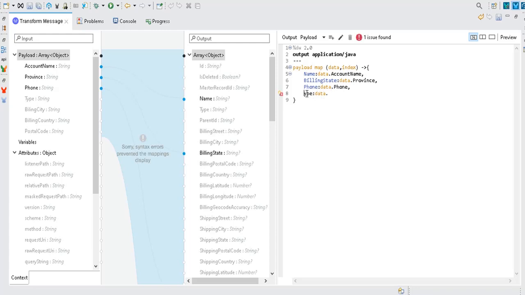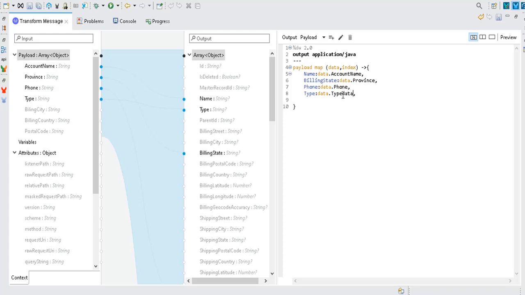Now this should be capital T. Here is this capital T, right? So type. Again, why is it getting bold? This is a keyword, so that is why it is getting bold.